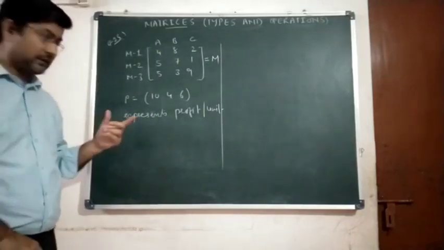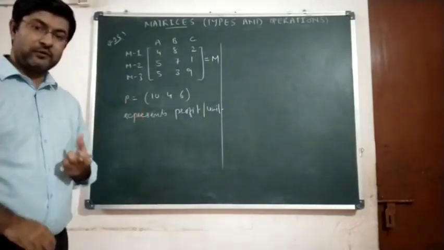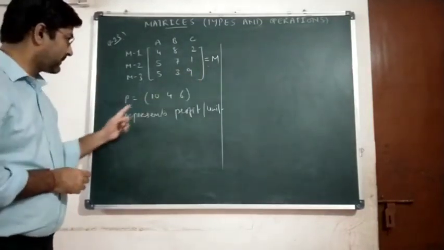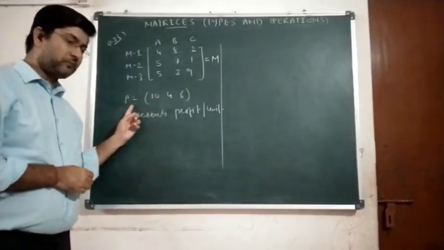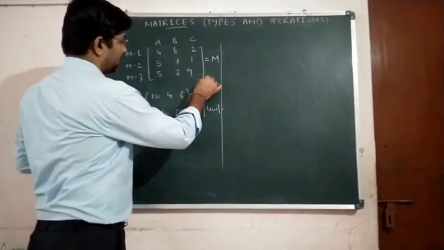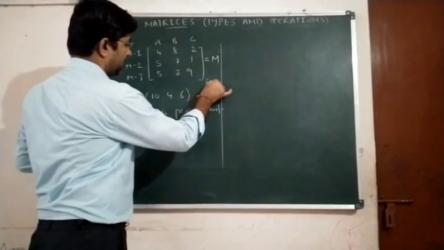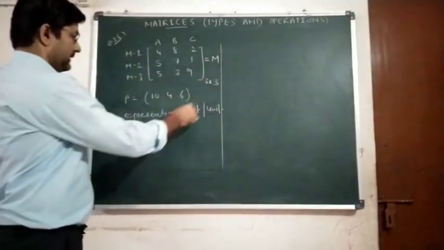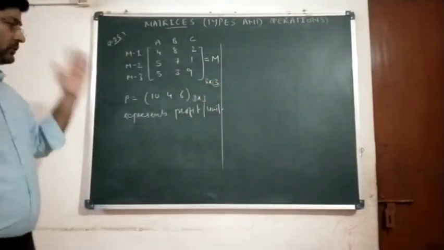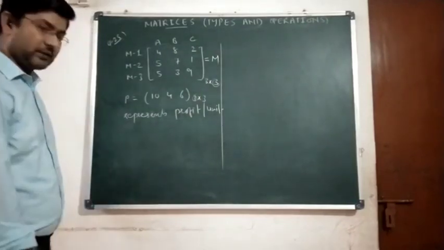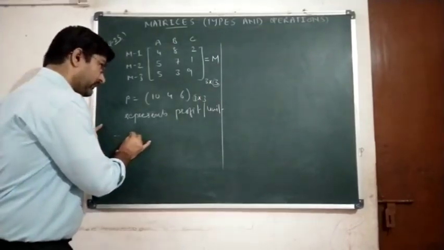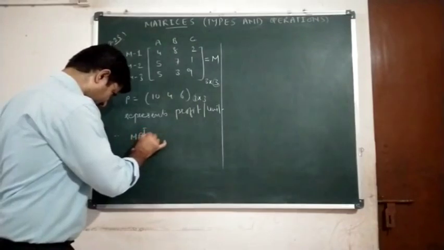In order to find which method will maximize the total profit, obviously we will take the multiplication of M with the transpose of P. Yes or no? Because the product will not be possible directly. Here, this is a matrix of order 3 by 3 and this is 1 by 3, so the number of columns is not equal to the number of rows. We take the transpose, clear, so that it will be possible. So therefore we will find out M into P transpose.